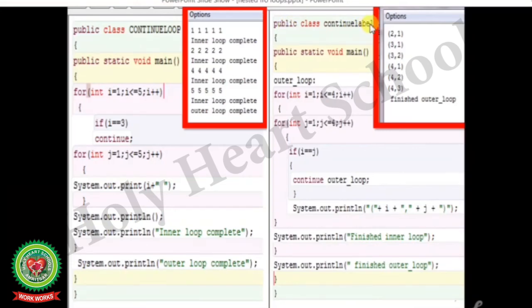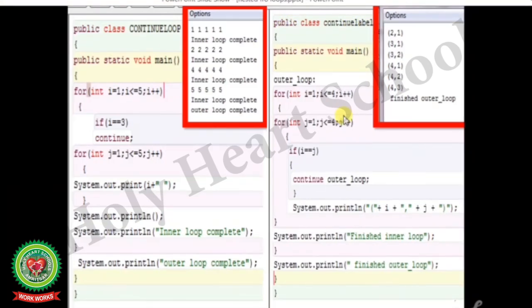Public class ContinueLabel, public static void main, curly bracket start, outer loop colon. So outer loop is a label for int i is equal to 1; i less than equal to 4; i plus plus, curly bracket start, for int j is equal to 1; j less than equal to 4; j plus plus.